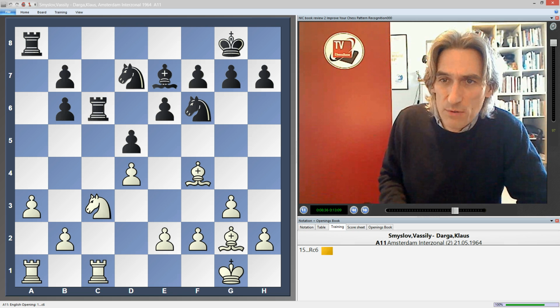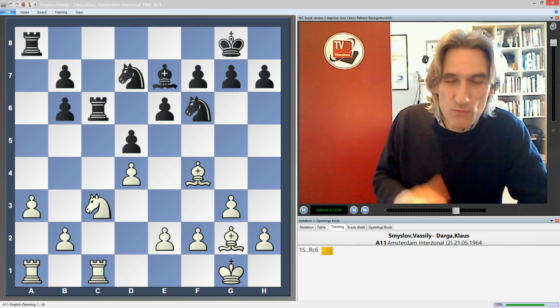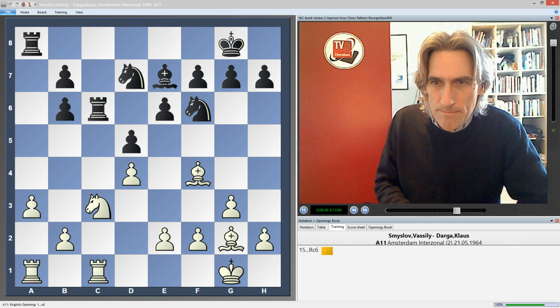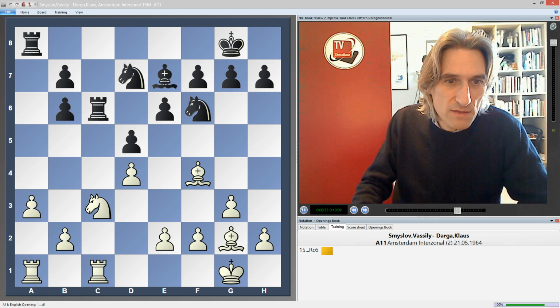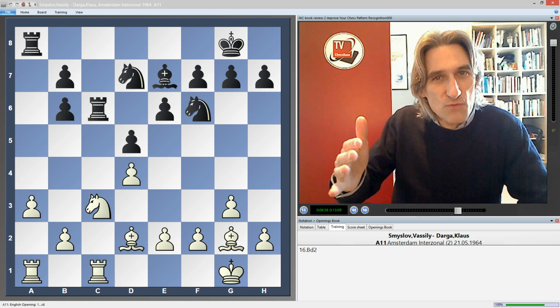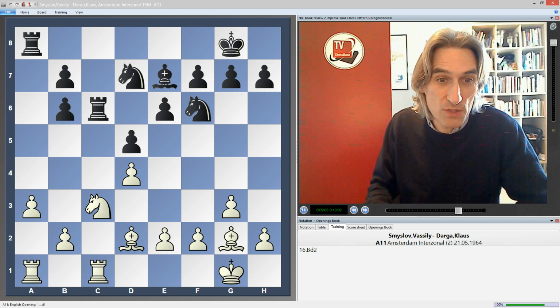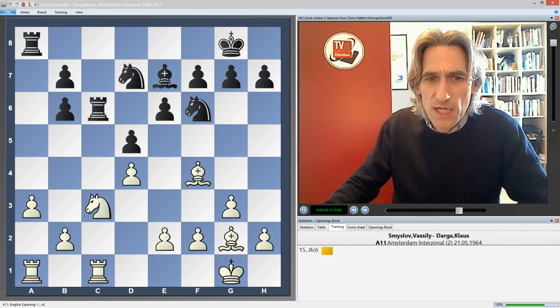This is a great example. It's from a game by Smyslov from 1964. Smyslov, I mean, what world champion, what can I say, just a master of strategy. Here, rather surprisingly to my eyes at first glance, he played bishop d2, and the subject of this chapter is about retreating bishops back into the box, but sometimes how strong it can be. Well, why did Smyslov play bishop d2? Well, he wants actually to bring this bishop